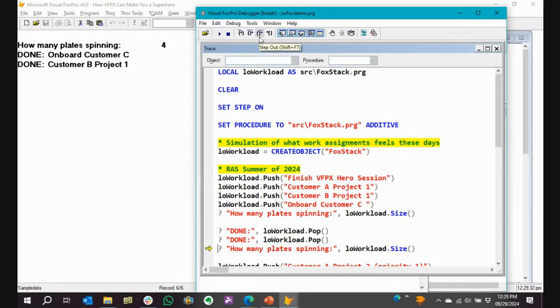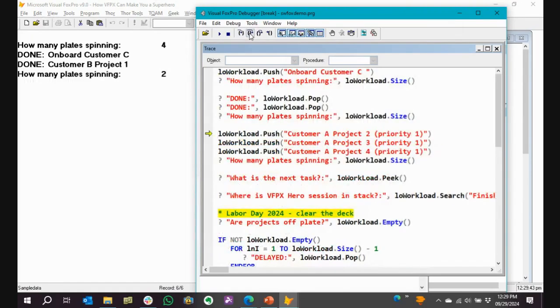I finish what I have right at that moment. I'm like a processor. I just take the interrupt, I process it, I spit out the next instruction. All right. How many plates are spinning now? 2. Wow. Yeah, Rick, why are you so worried about all the work you're doing this summer? It's not that big of a deal.